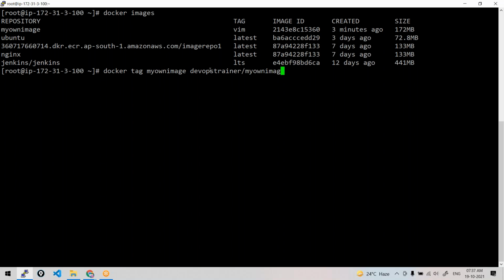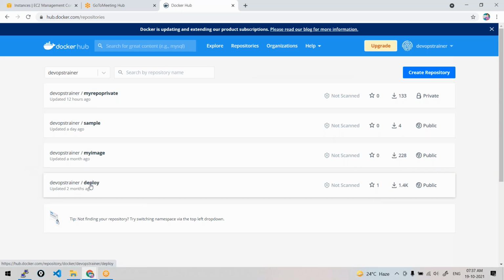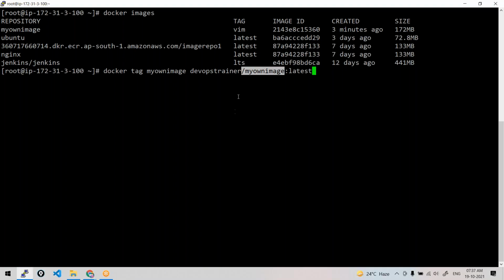If a repository by this name doesn't exist, it will create one and push there. Just come here, I don't have any repository named my own image. So if you push this, it will create a repository by this name. So that will work. Let us run this.